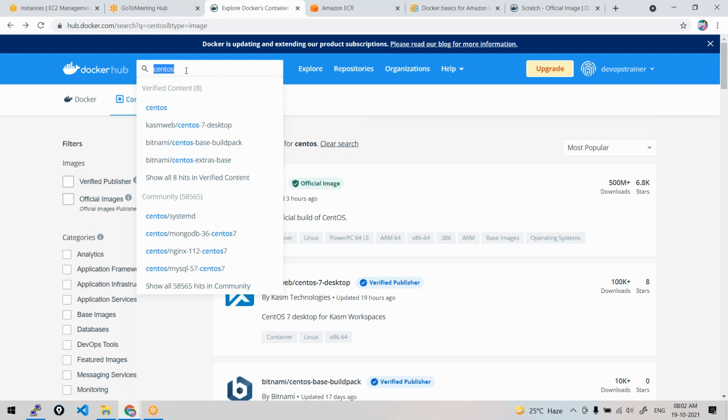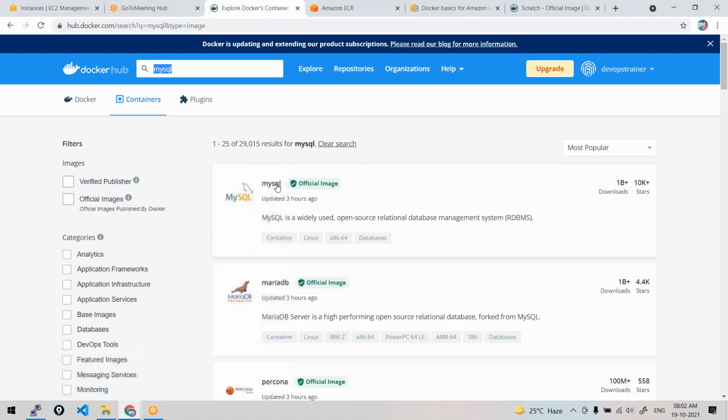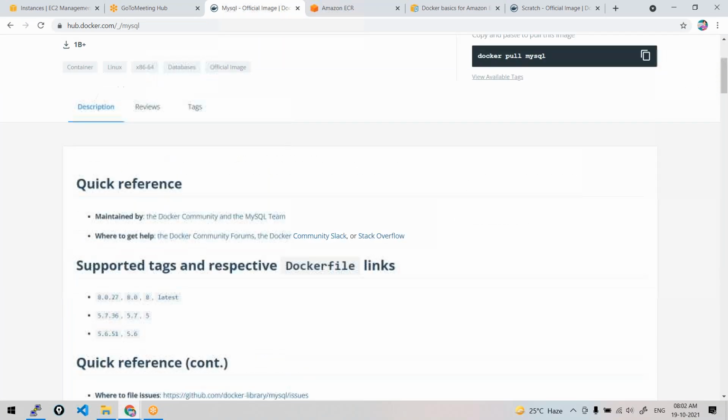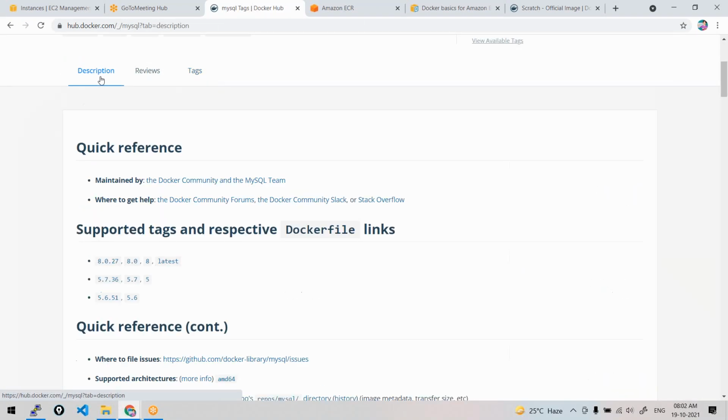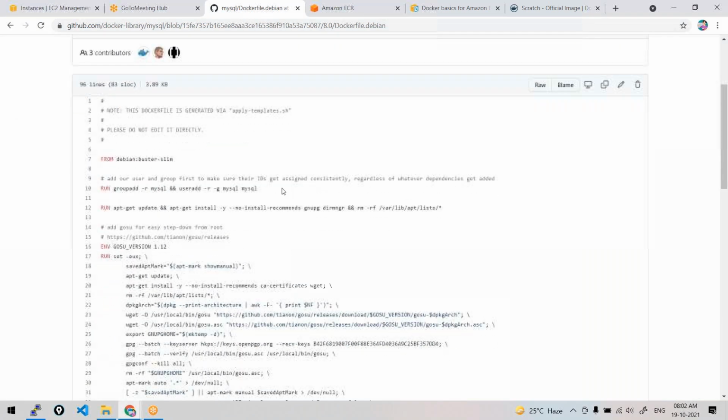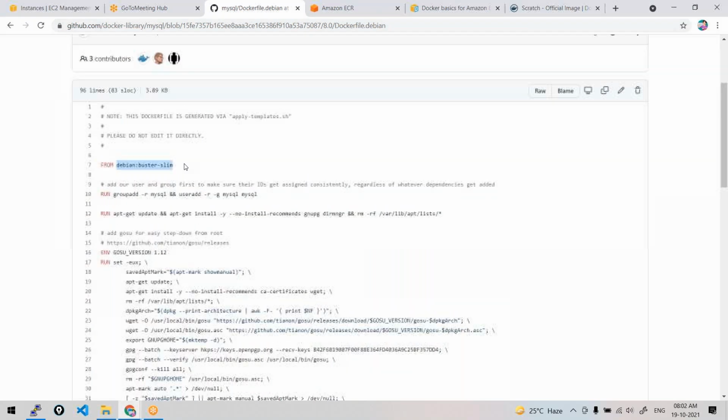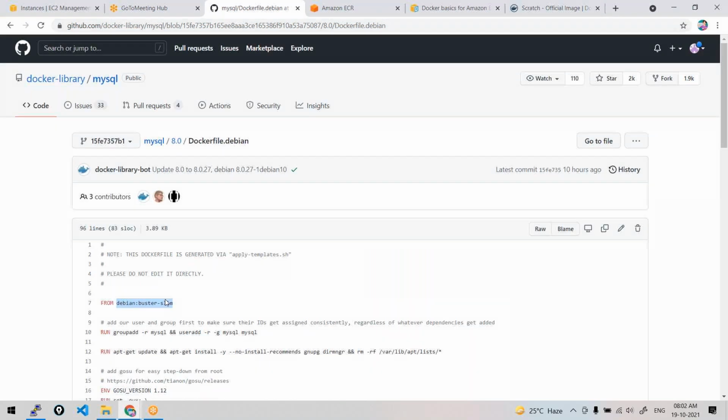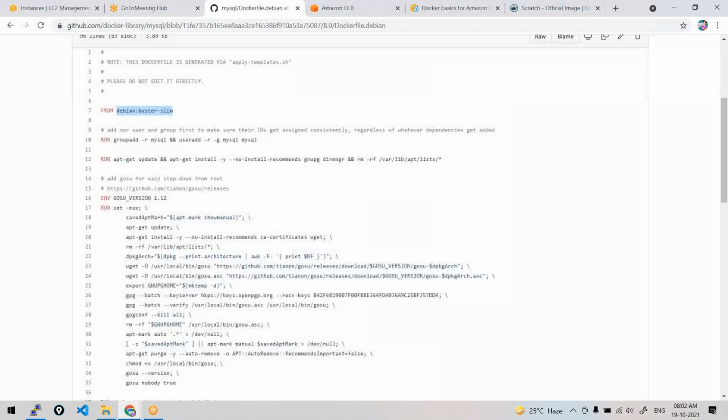Or else, let's say I want the SQL images. Here you have some images. See here, they have taken Debian as a base image, like Ubuntu; Debian is also related to the Ubuntu OS. They have added some run instructions. Do you see here?